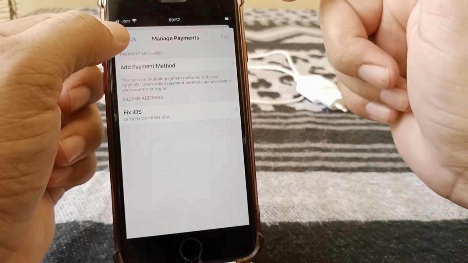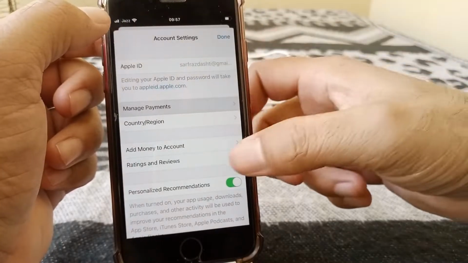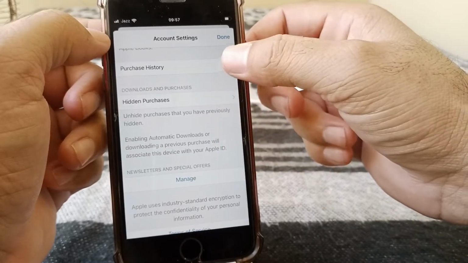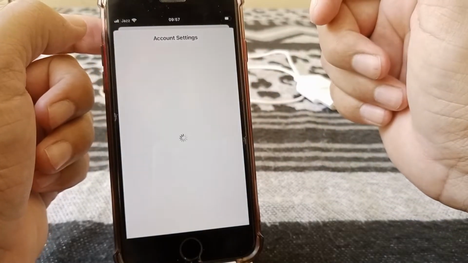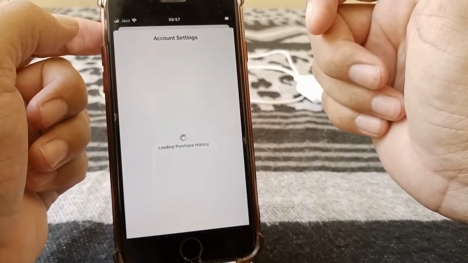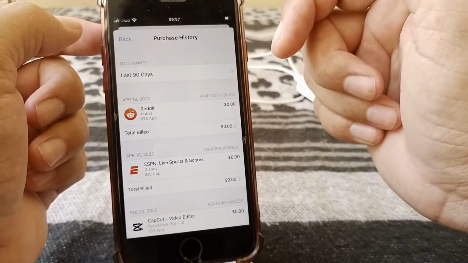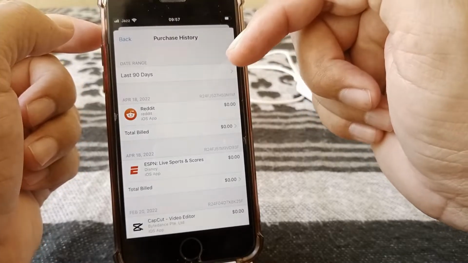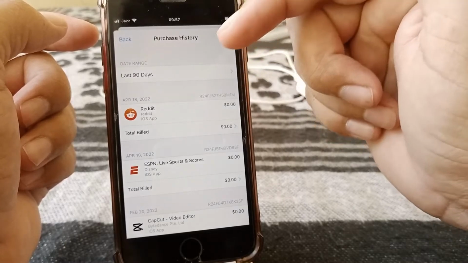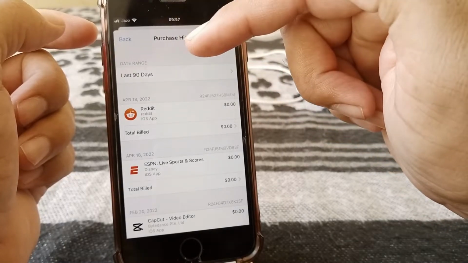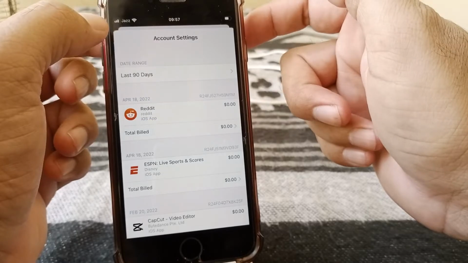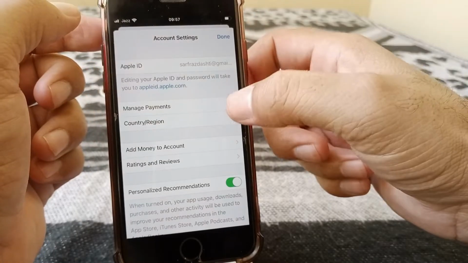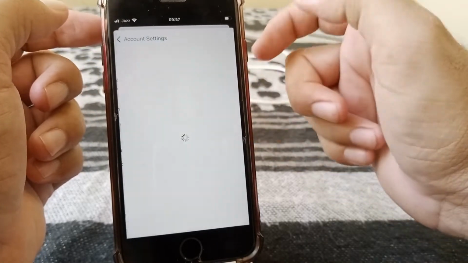After this go back, and then scroll down and tap on Purchase History, and make sure that you don't have any unpaid subscription here. If you have, please remove them or pay for them, and then go back, and after that tap on Country or Region,